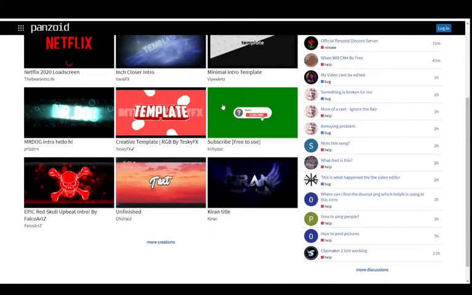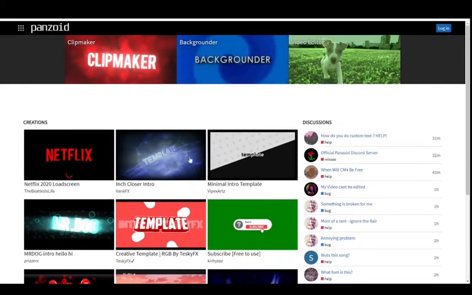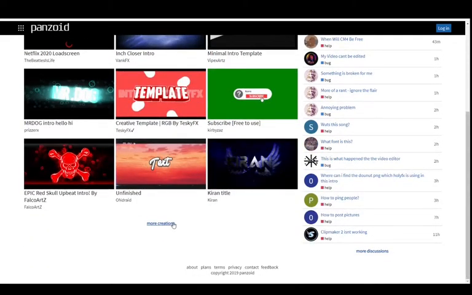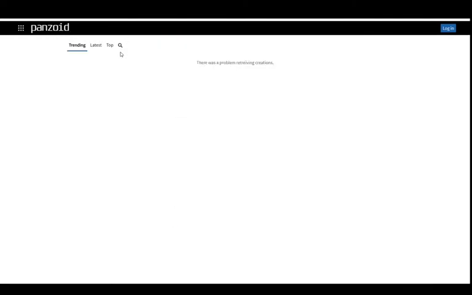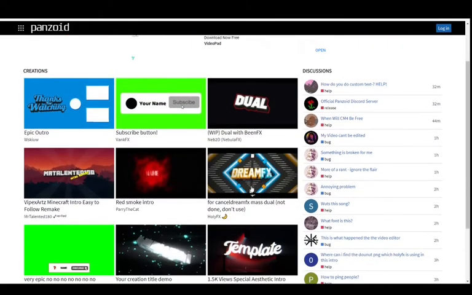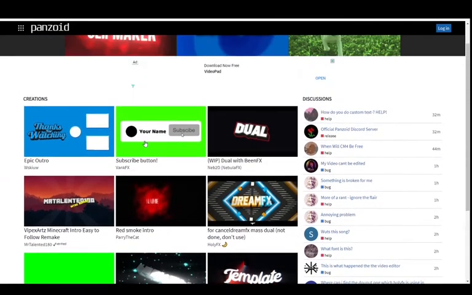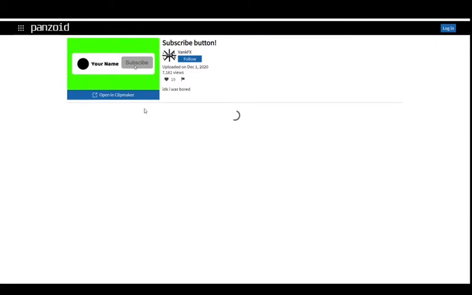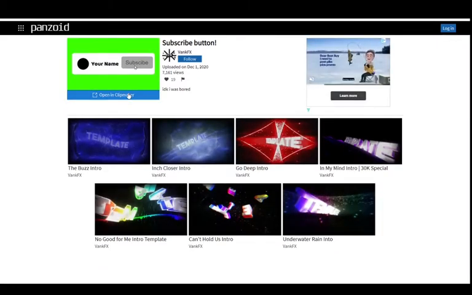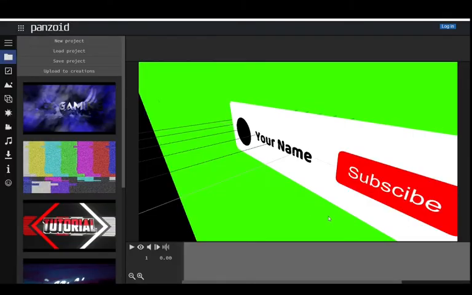So here we have the subscribe animation. You can always search in the search bar for subscribe animations by clicking more creations and then hitting the search tab and searching for subscribe animations there. But for me, a subscribe animation showed up right on the home screen, so we're just going to use the one that is showing. Alright, go ahead and click open in Clip Maker over there,